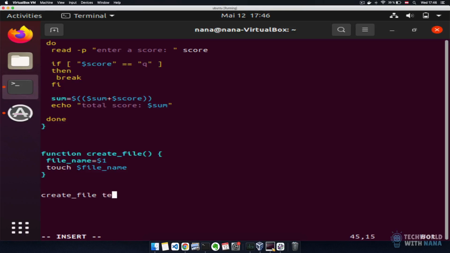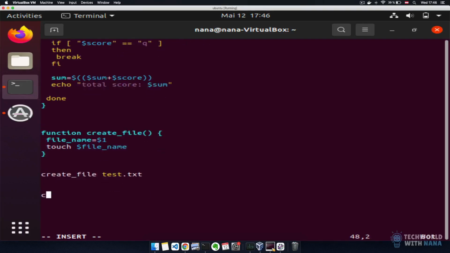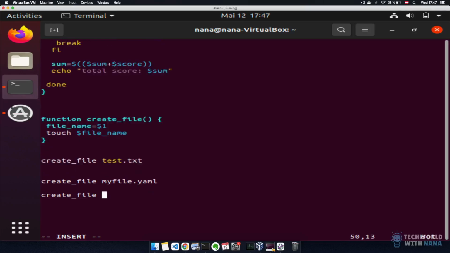In our case, let's call this test.txt, and maybe in another place in our script we're going to need the same logic of creating a file again, but with a different file name or also different file type. And let's say this is going to be myfile.yaml. Another place in the script where we want to create a shell script, and let's call it myscript.sh, and